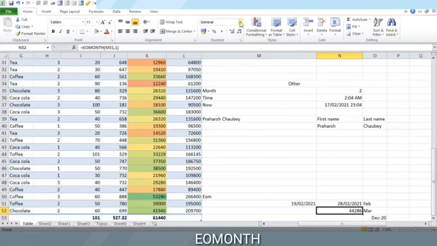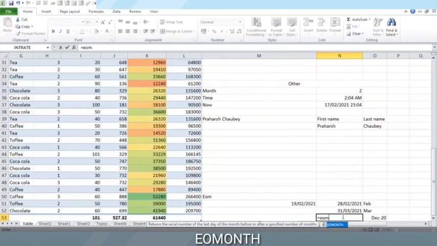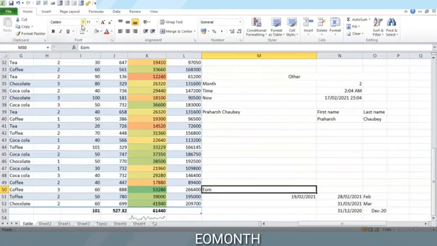We'll have to convert this to the date format. And 31st, this is the last date of the next month, December. In this case, we'll go in the negative direction since we are going back in time. So December was 2 months before this February. This is how to use end of month.